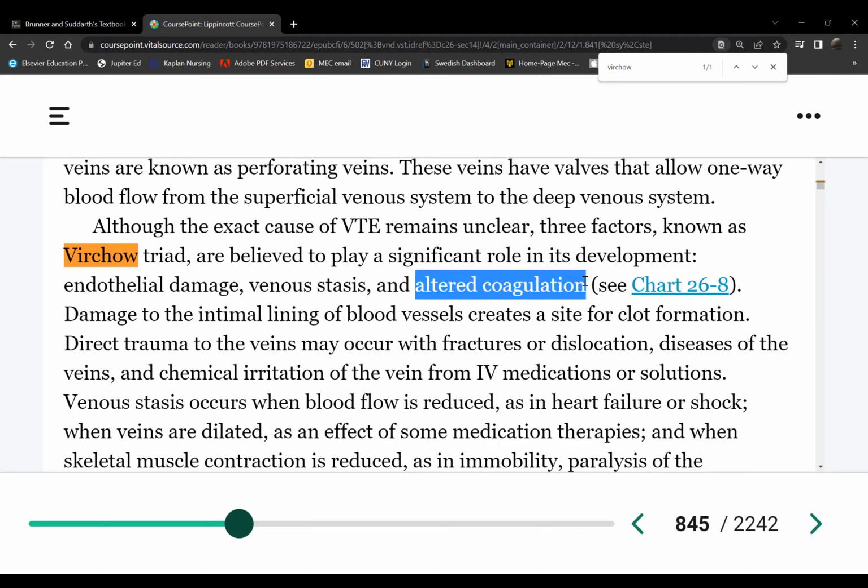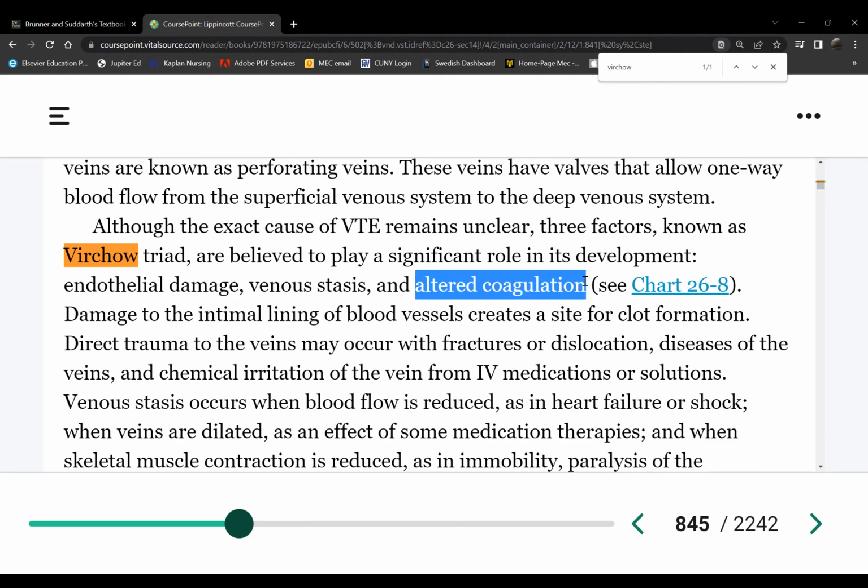Altered coagulation means any condition that will disrupt your normal blood function. So let's say when you have DIC, is that an alteration? Yes. What about in TTP? Yeah. ITP, right? So conditions or cancer, for instance, you saw cancer a few weeks ago. We did what were the first two again of the six oncologic emergencies? DIC and sepsis, right? Okay, so you saw sepsis already, how it leads to inappropriate clotting.